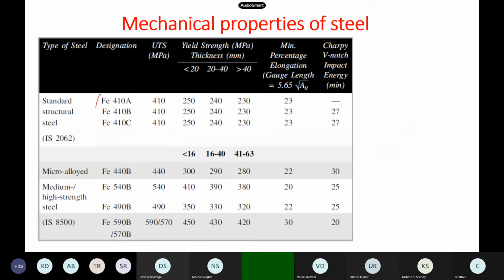So we will be using FE 410, 410A, B, C. So these classifications are there. These classifications, these companies manufacture. Okay, for these types of classifications. So now what is 410? This notation already we discussed in the last class. 410 corresponds to... see, what is this 410? Ultimate strength. Very good. So this ultimate tensile strength is nothing but, so this is a grade and then yield strength also.